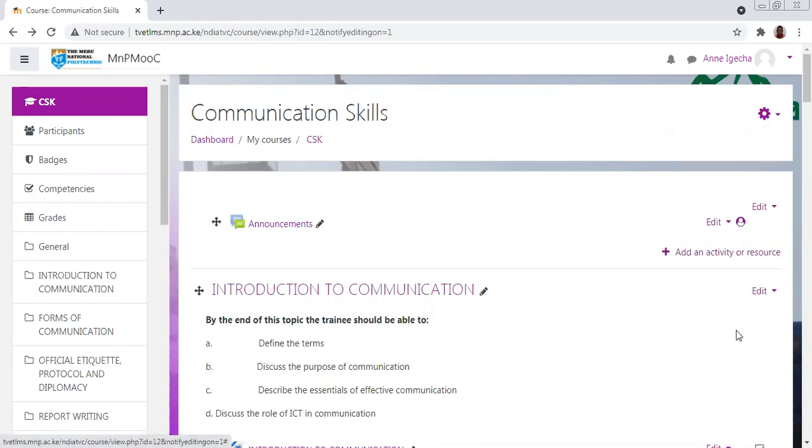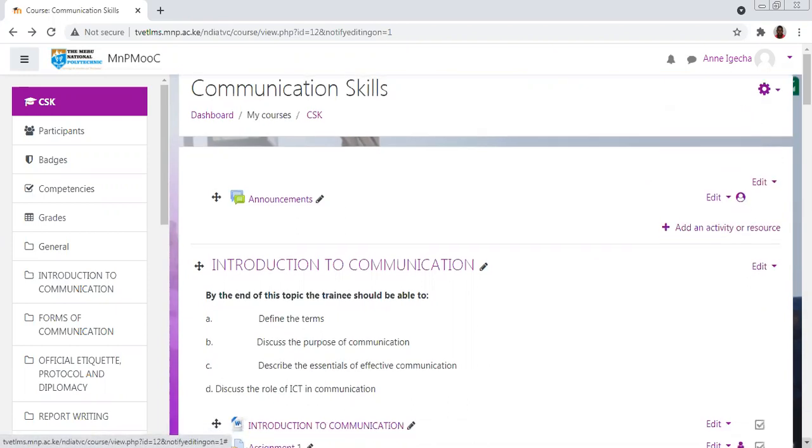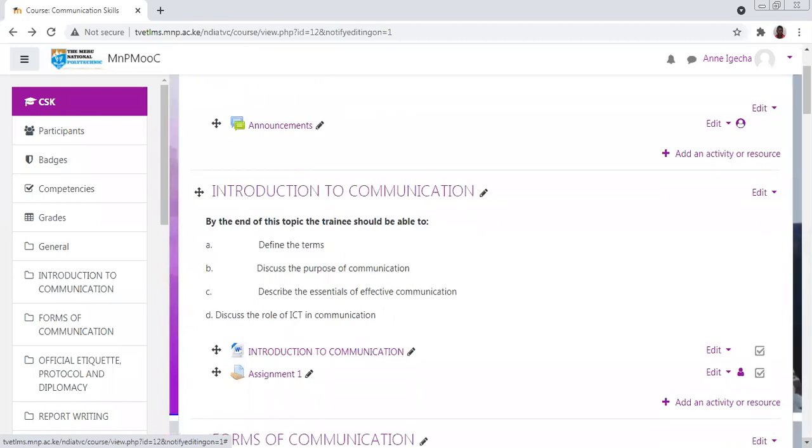When it is on, you go to where you want to add the activity. Let us assume we are setting a CAT or an end of term exam. After topics 1, 2, 3, or 4, in the fourth topic you want to set a CAT, or in every topic you want to do an assessment. You want to do a quiz in every topic, after they have already learned. So what you do, you go to the add activity